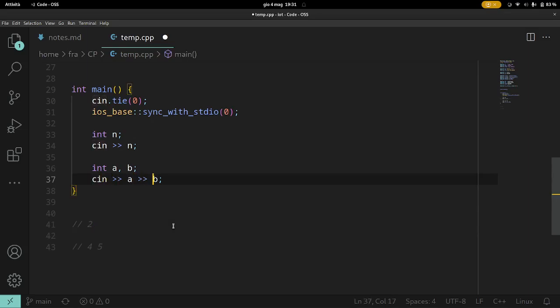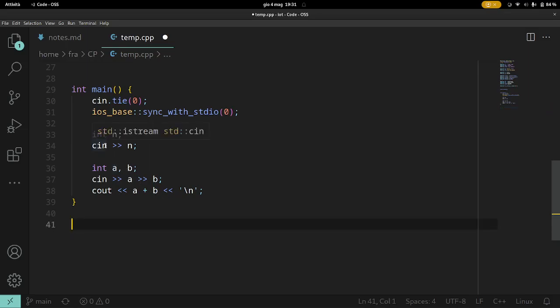And then the output, as we mentioned, is just cout a plus b. Then you can print a new line like this or like this. But it's usually preferred to use \n to output a new line, because it's faster than endl, but it's fine either way. So this is the general idea.